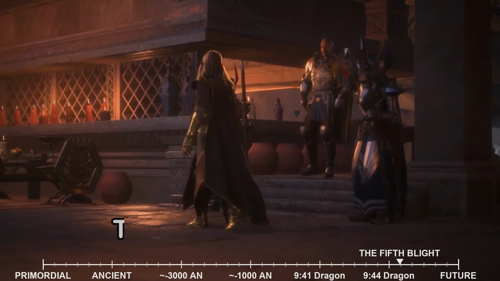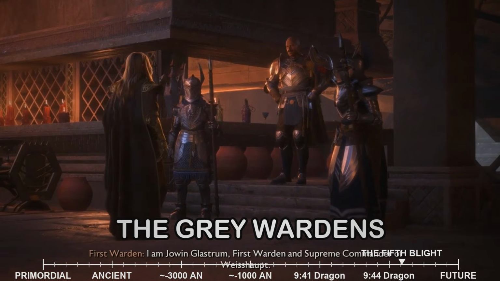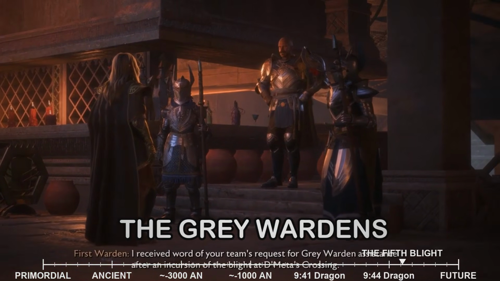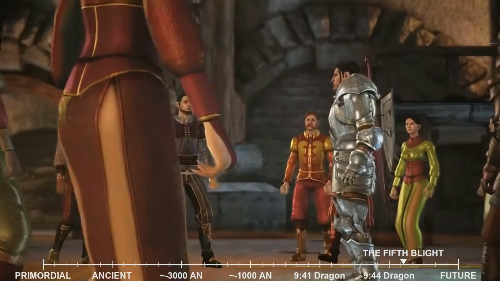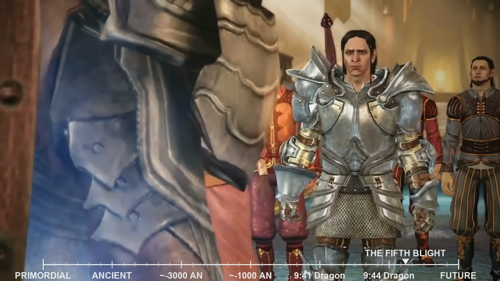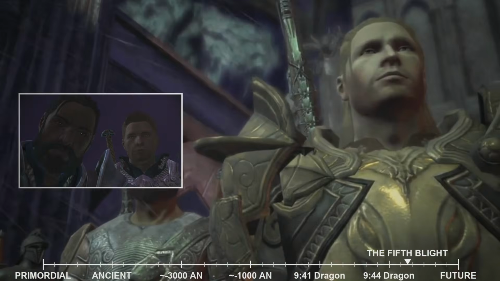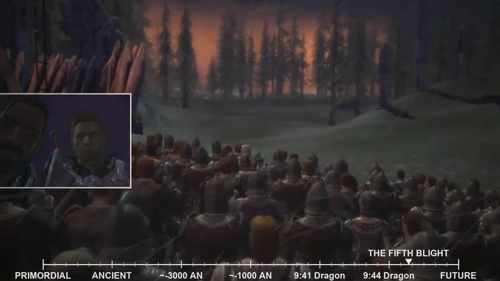Your recruitment into the Grey Wardens was not merely an invitation, it was a calling, a solemn oath to protect Thedas from the Darkspawn at all costs. This commitment was solidified through the Joining ritual, a harrowing and transformative ceremony performed on all new Grey Warden recruits. At Ostagar, under the watchful eyes of Duncan and the other Grey Wardens, you and Alistair, along with a few other hopefuls, underwent this ancient rite.